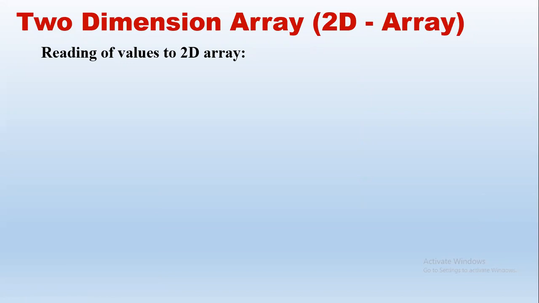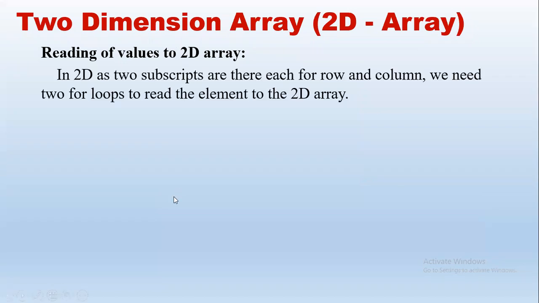We will ask the user to enter some numbers that will be part of the 2D array, right? So here we have two subscripts, row and columns. So for that we need two for loops, right? One for loop will be for the row number, another is for the column number. So just for convenience, we can take i and j, right? So say for example, we have arr[3][2]. That means how many rows and how many columns?